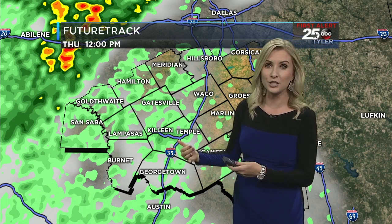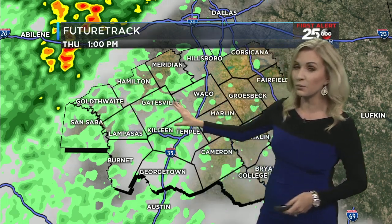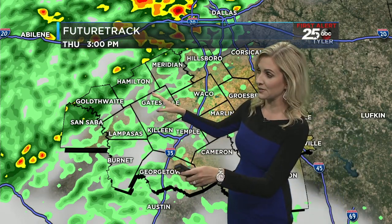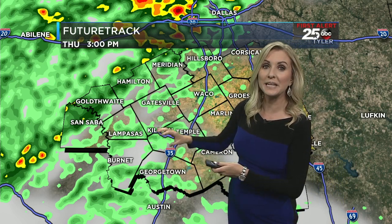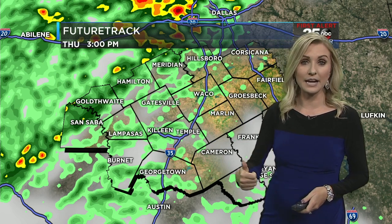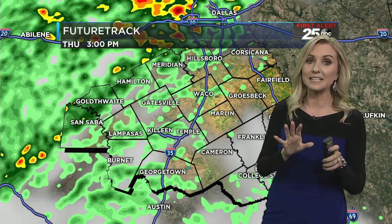I think it'll be a few showers more than anything else, but you notice that line of storms moving in from the west. It's important to talk about this line of storms because we are definitely going to notice them as they move in later today. What we're going to watch for is whether we get any storms out ahead of this main line. If we did, they would have a higher severe weather threat with an isolated tornado threat. However, that is a very low